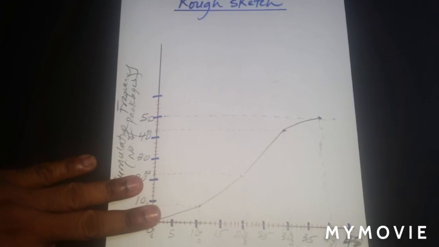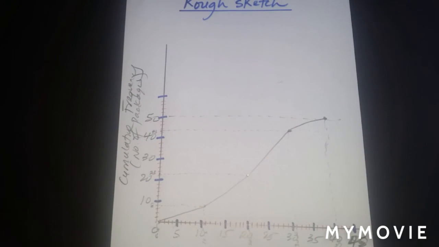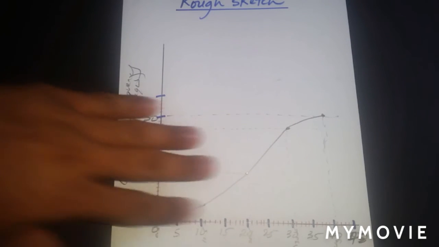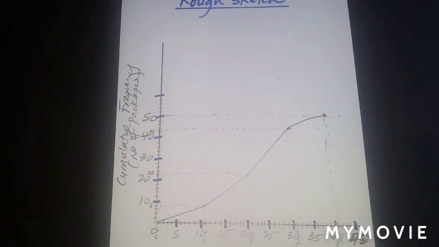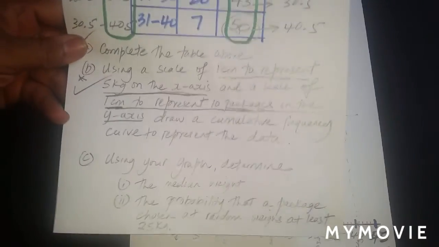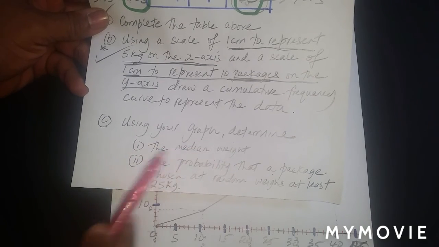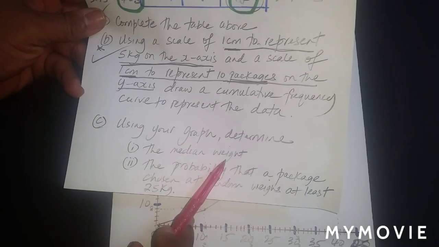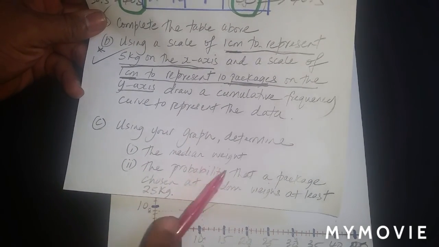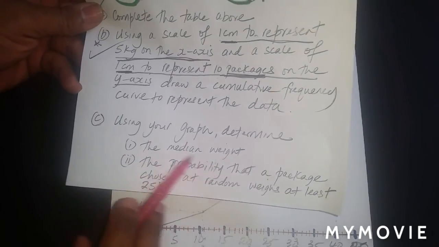Alright guys, let us now complete the rest of the question here. So we have the sketch of the cumulative frequency curve. Again, this is to be done on graph sheet. This is just doing a rough sketch. Now this part says, using your graph, determine the median weight. The median weight. Now, to determine the median weight,